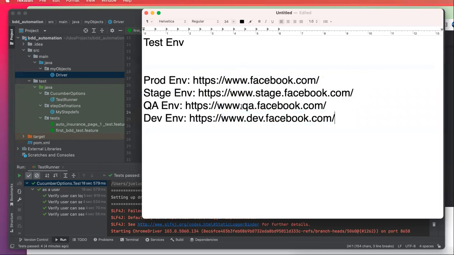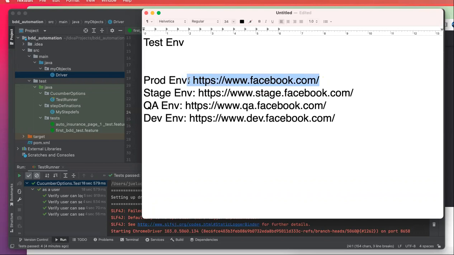So notice the difference between the URLs. If you ask me, hey, wait a minute, what is an environment? And I say these are different URLs that we go and test, right? It's probably not a proper answer, but essentially what you are getting is that each environment has different URLs, because